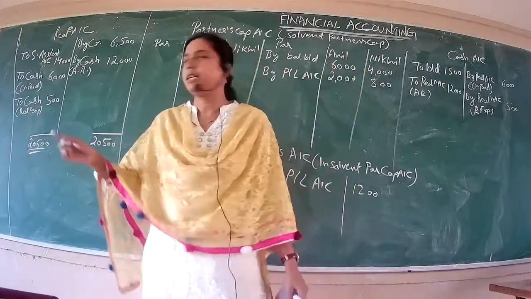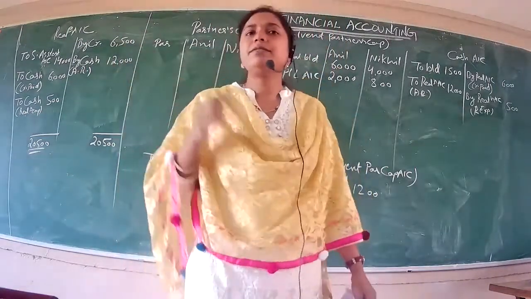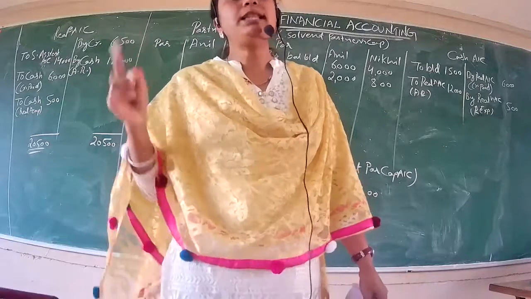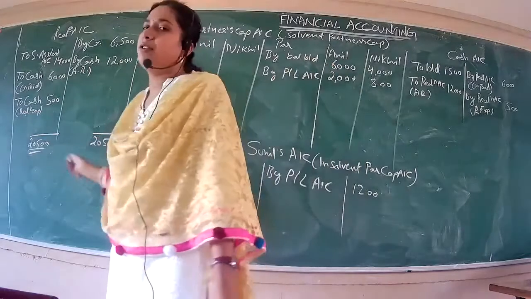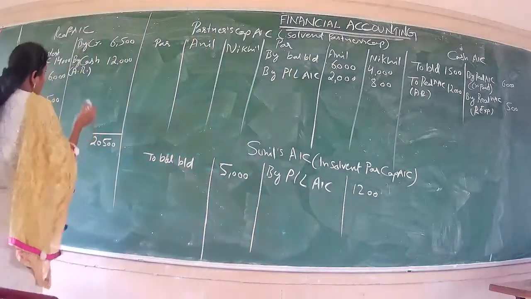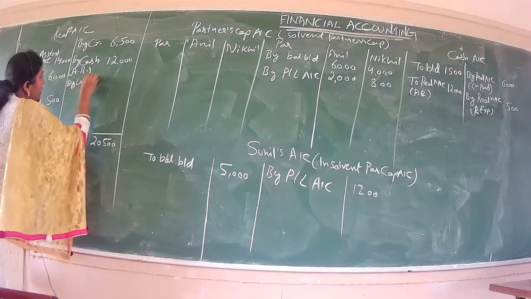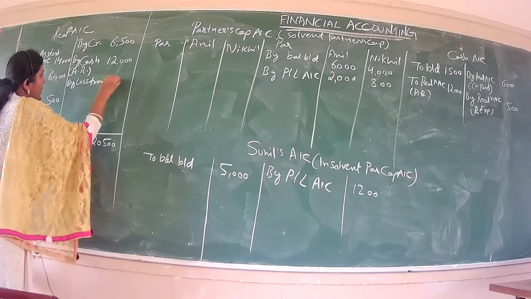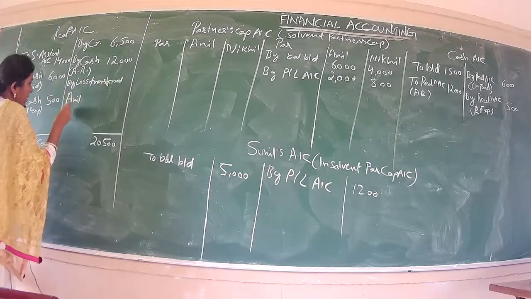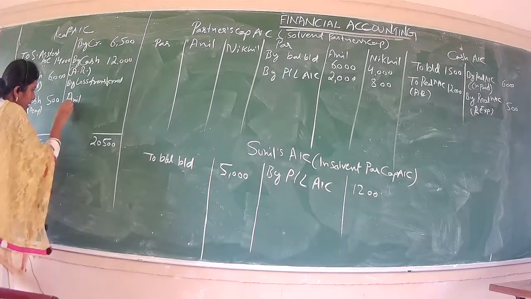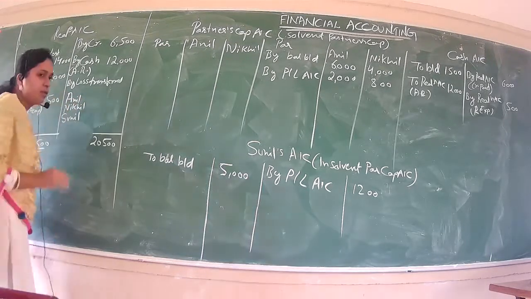If again you can refer to your steps, we have seen also in PUC, because this is not new for you, that whatever realization loss and profit is going to arise, we have to divide among all the partners according to their profit sharing ratio. So how much are we having the shortfall? We have the shortfall of 2,000. That means that is going to be your loss, and the entry will be here by loss transferred. Okay, to whom we have to transfer? We have to transfer Anil, Nikhil, and Sunil.